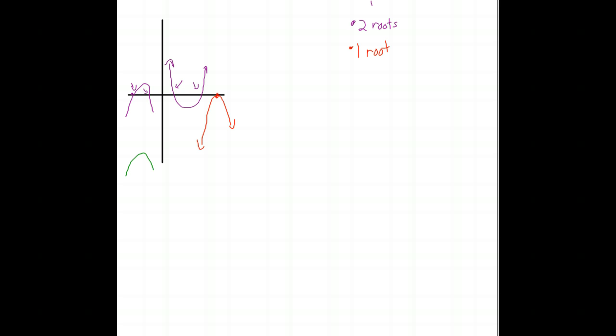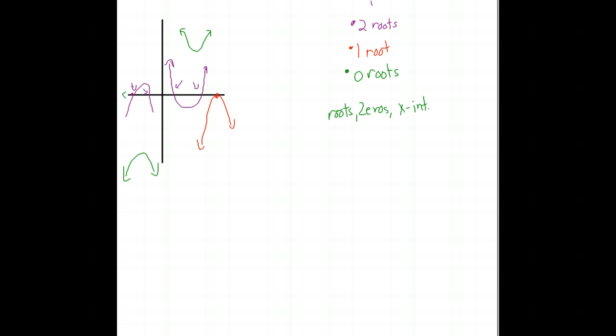Maybe the graph would look like this. And here, there's no way possible the graph could intersect the x-axis, or the graph may look like that. And in that case, there will be zero roots. And remember that roots, zeros, and x-intercepts